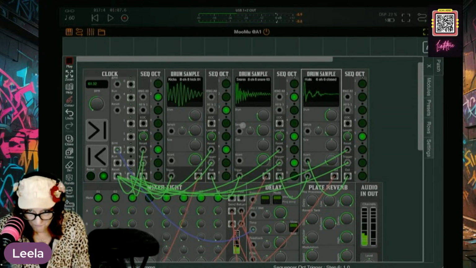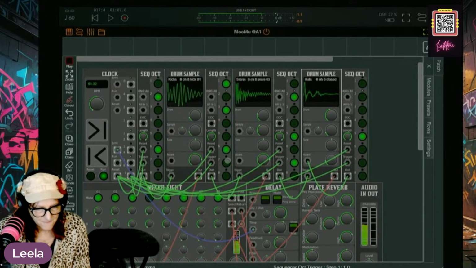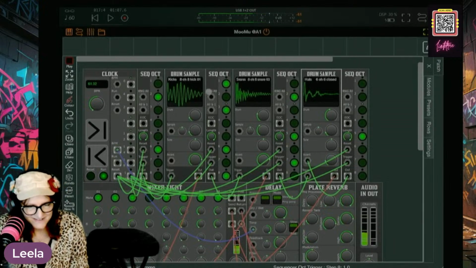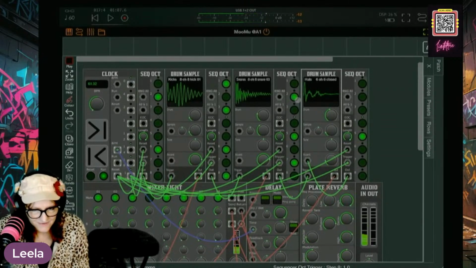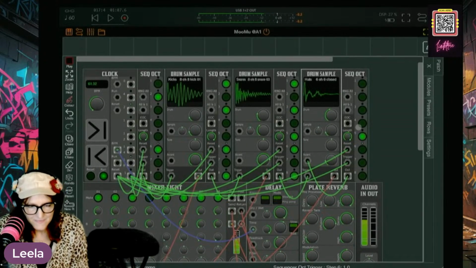Now this is an offbeat. I just added some extra snares. See, now you can just change your thing, right?